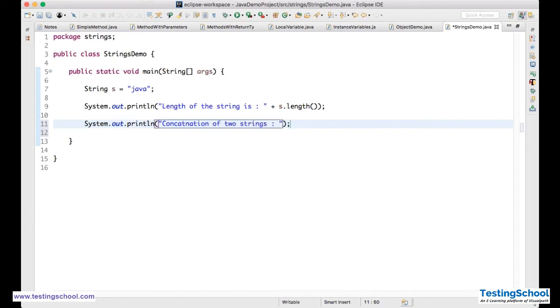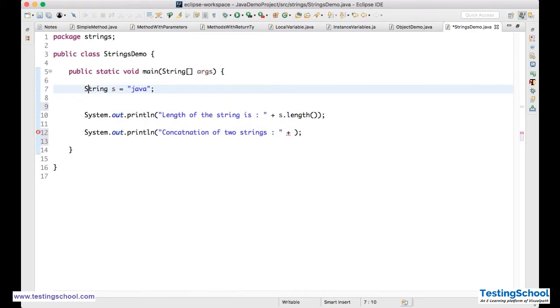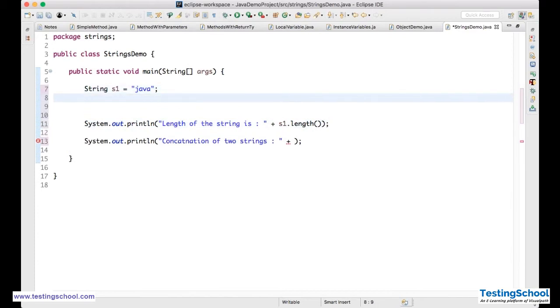Okay, how do you do that? This place is already doing concatenation, right? Apart from that, we have one more way. So first I'll make it s1, String s1, here also s1. And String s2